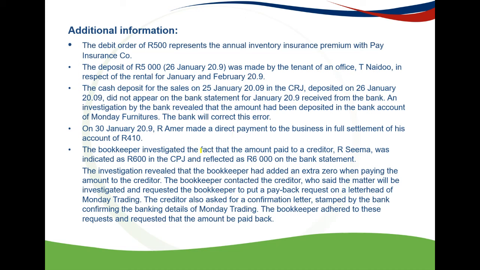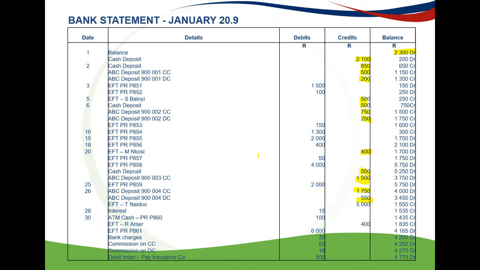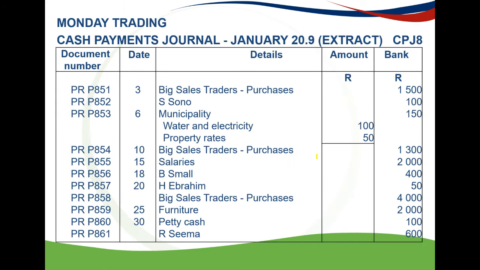The bookkeeper investigated the fact that the amount paid to a creditor or CIMA was indicated as 600 in the CPJ and reflected as 6,000. So that's also something that we need to go and correct. So here's the 400 Rand that Amer paid to us, and that we still need to go and record in our books. So after we look at all the transactions that went through on the cash payments journal,